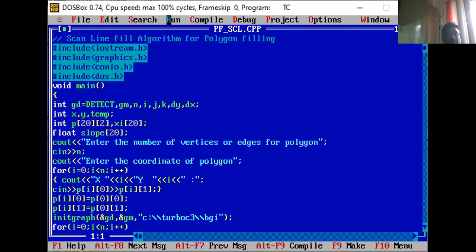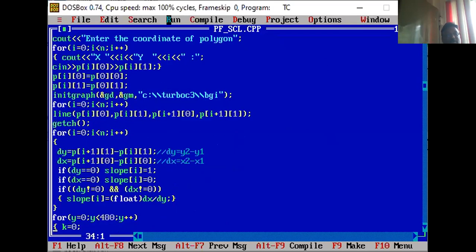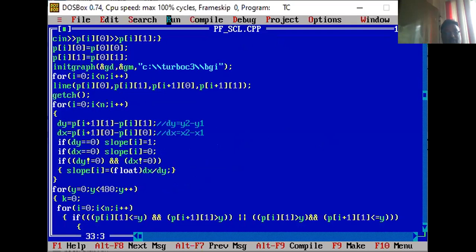That means here I only have to change the loop. So which is the loop that I have already considered? See, y is equal to, suppose I have said, 480. I will now go from 480, meaning from the bottom. Up to where will it go? y is greater than, up to what, 0. It will go up to 0, and what do I have to do to y? Minus minus. So that you have to perform y minus minus. Meaning this is going from bottom to top. This is going from bottom to top.